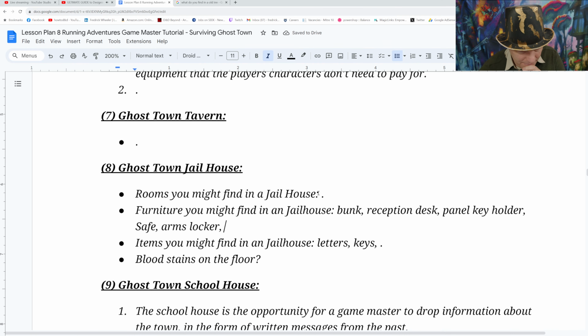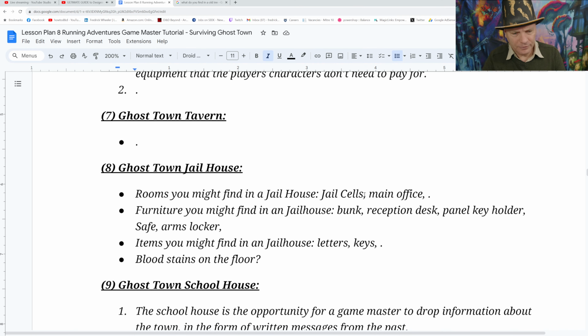Cells. Yes, cells. Jail cells. And main office. Okay. Yeah, so